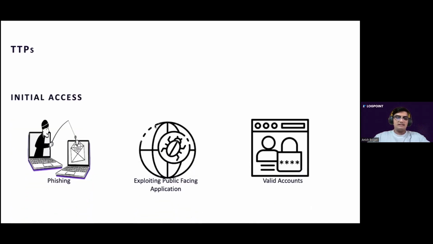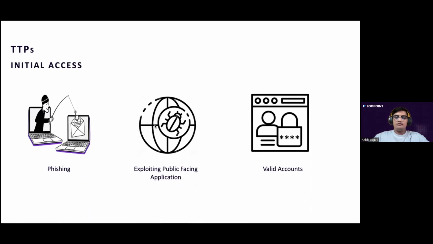Yeah, this section sums up the TTPs used by the threat actors and the malware families we have discussed earlier. As little is known about the group, many of the techniques for exploitation, data collection, and privilege escalation are not known. One reason can be the lack of visibility in victim environments, as they mostly target small and medium-sized organizations with low budgets for cybersecurity. Moving on to initial access, phishing emails are sent to victims to lure them to download and execute a payload. They are also known to exploit vulnerabilities in public-facing applications, and to buy credentials from initial access brokers.